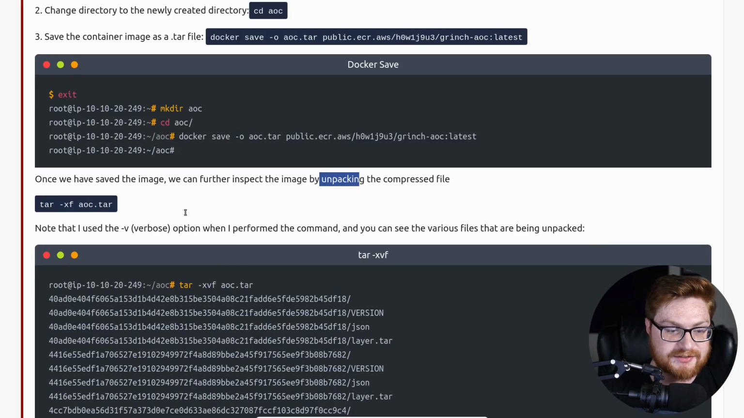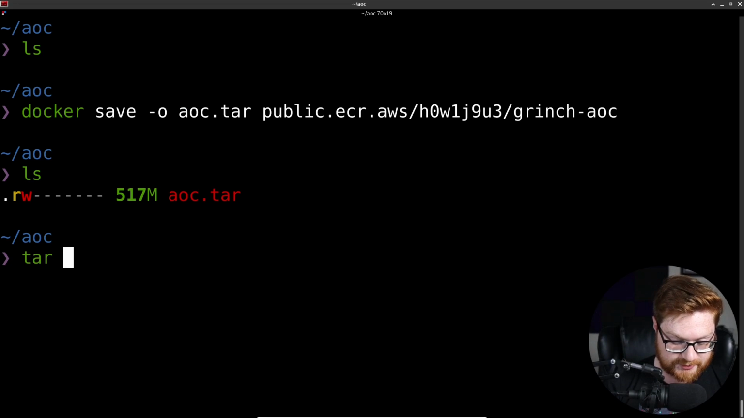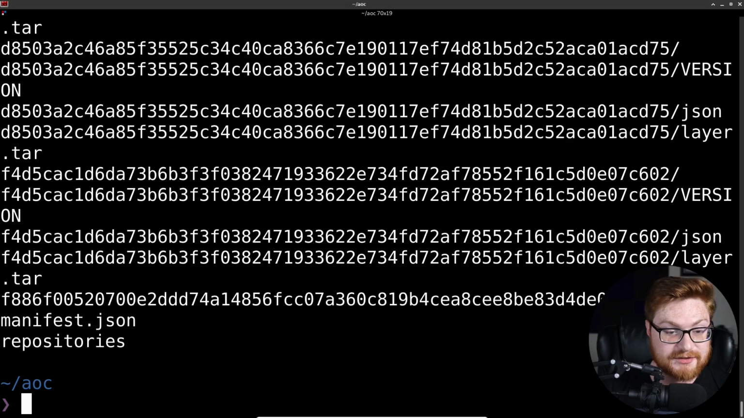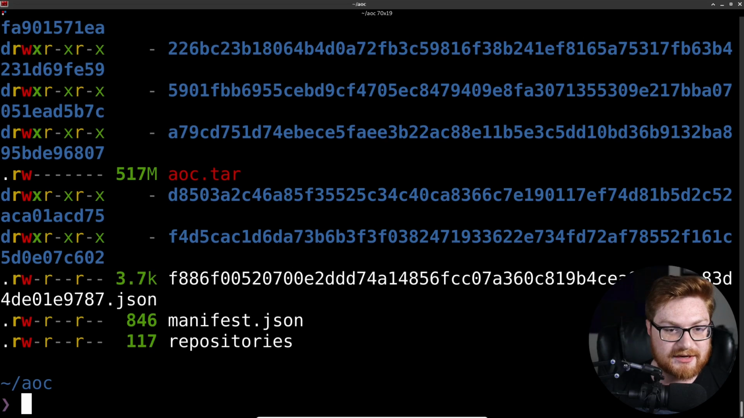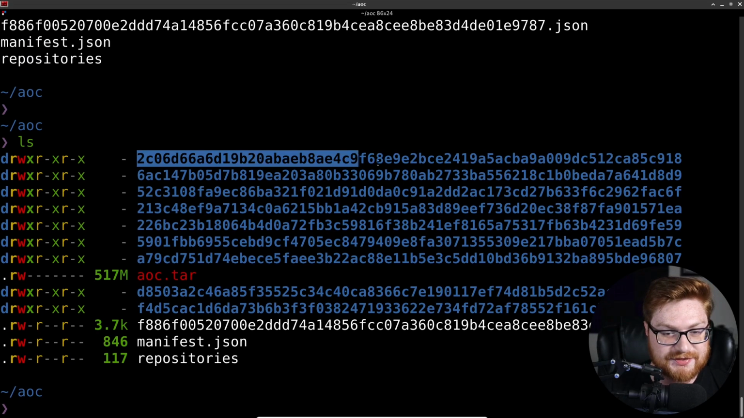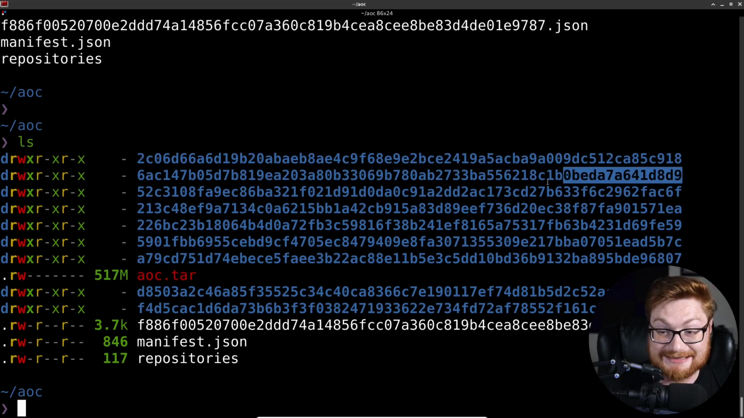tar xf, I'll go ahead and do that. I'll use tar xvf with aoc.tar, so it's verbose, and I can see everything that's pulled out. And there's a lot of stuff here, right? I'll zoom out and notice that there are a lot of seemingly hashes, identifiers, kind of as